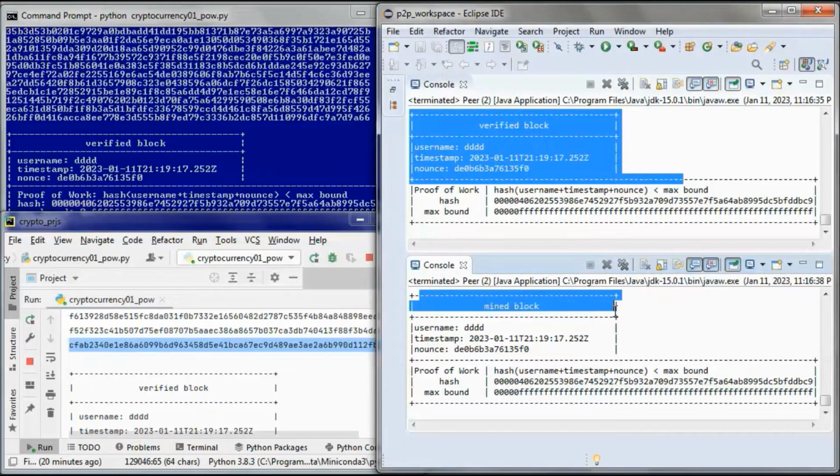And this was the first peer that successfully produced that hash. So this one, for example,